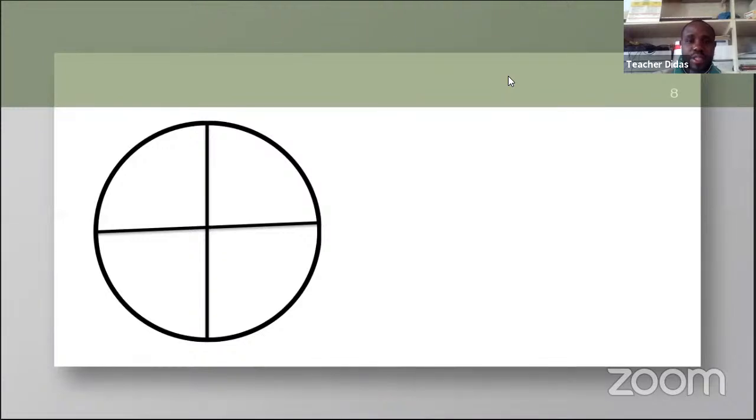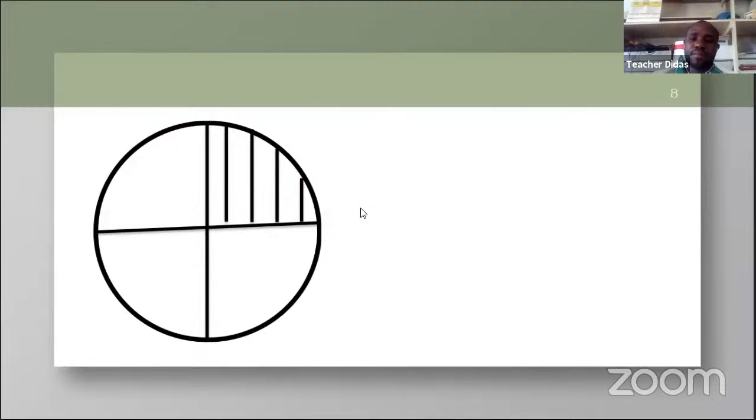Let me shade this part here. What do I have now? So after shading, I have shaded one fraction,